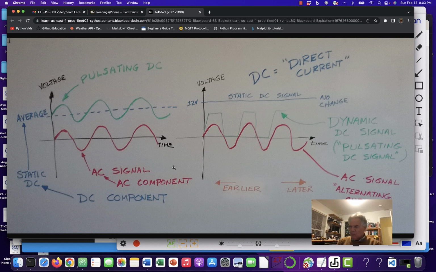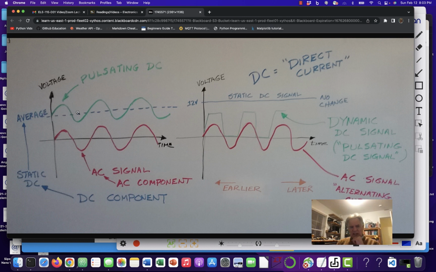Now, I assume you used an oscilloscope in the lab on Friday. One of the things we didn't do, we used a signal that was purely AC. Remember, the DC offset was set to 0. But if we had a DC offset in there, one of the features of the oscilloscope for each channel is this thing called coupling. It could be AC or DC. Well, if you have DC coupling turned on, you will see the average and you'll see this sine wave,